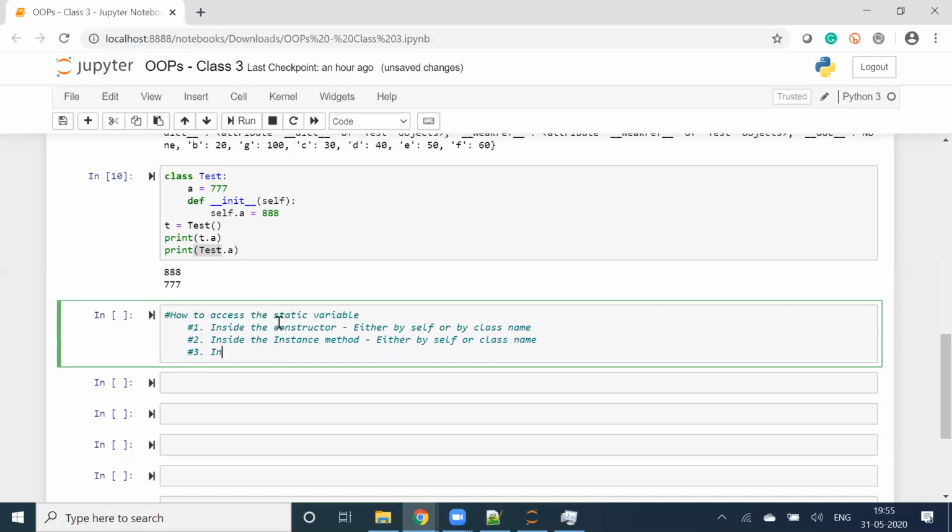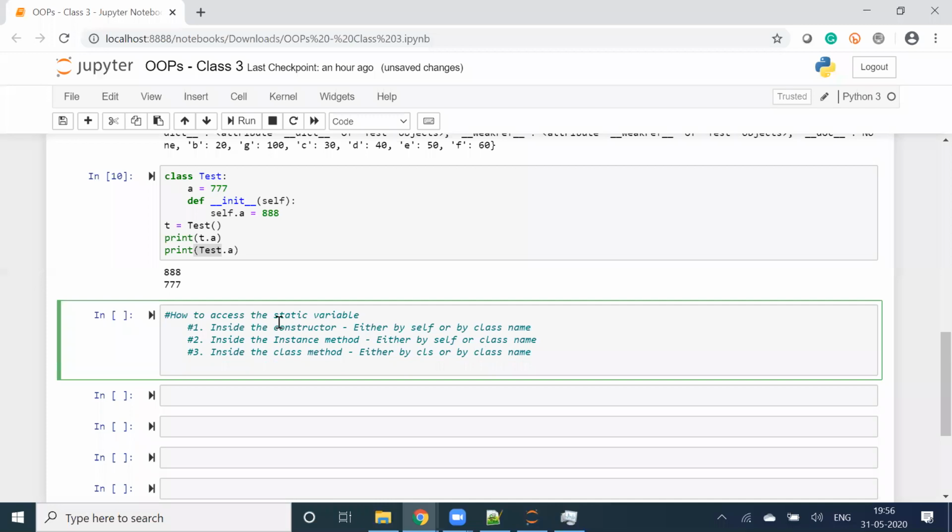Yeah, absolutely. Inside the class method, either by cls variable or by class name. Can I access it in a static method? Yes, why not? Inside the static method by class name.